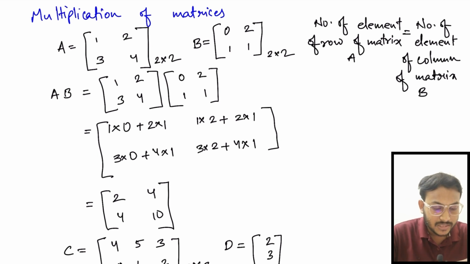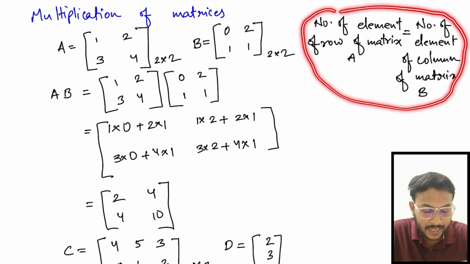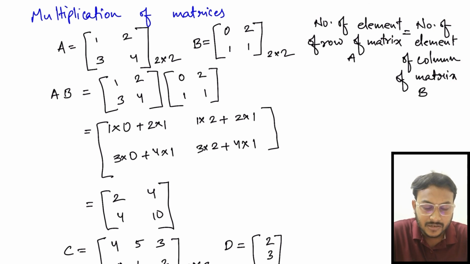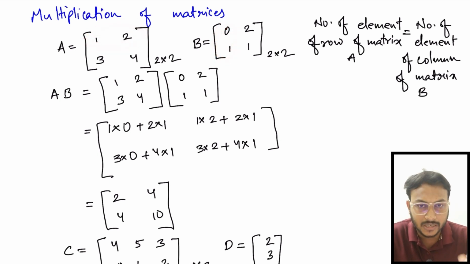Okay, so this is the condition that should exist in the two matrices for multiplication. Now what is the condition? Let me revise. To multiply matrix A and matrix B, we have to multiply this row and this column. To multiply the row and column, the corresponding elements should be there. So the number of elements in the row and the number of elements in the column should be equal.